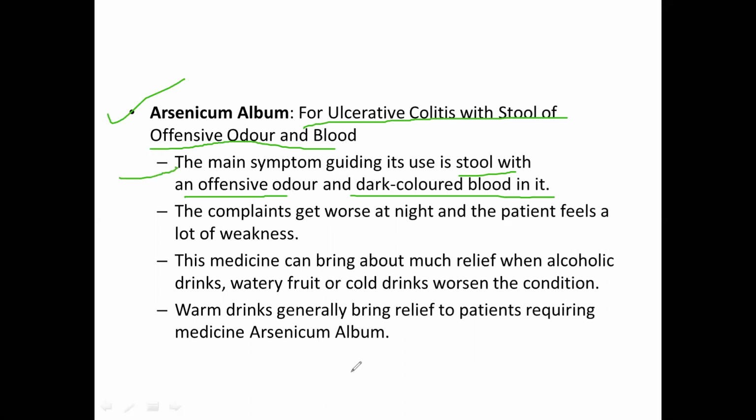You already know that in ulcerative colitis you will get rectal bleeding, but if that blood is dark in color, it means the bleeding has started higher up, usually in the ascending colon or the transverse colon. So in that case, you will get dark colored blood. If you are seeing dark blood in a patient with suspicion of inflammatory bowel disease or ulcerative colitis, that means the patient may be suffering with ascending colon involvement. This is usually covered by arsenicum album.